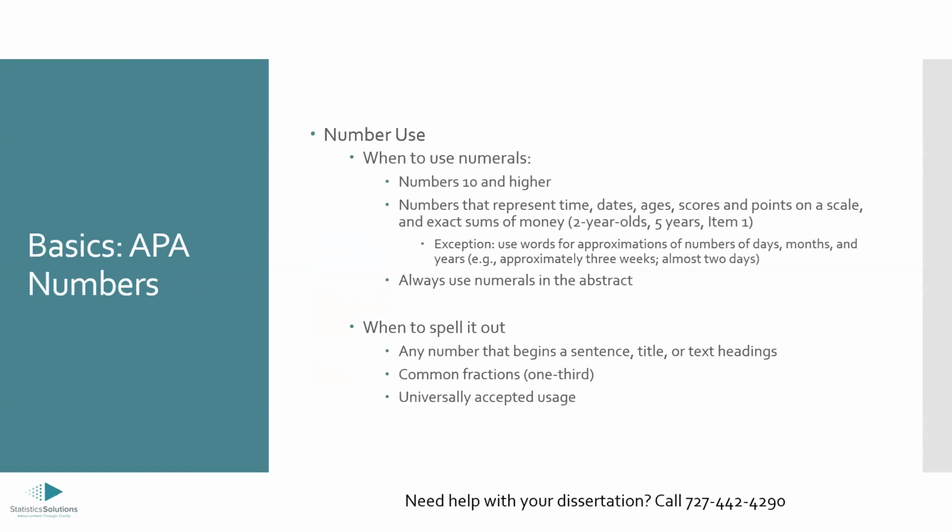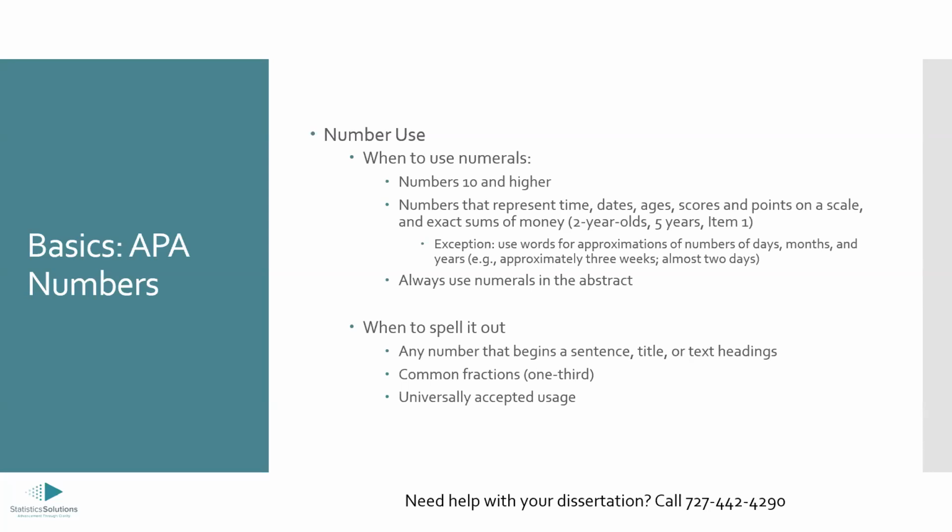So last important aspect of grammar and style is the usage of numbers in APA format. According to the APA rules, you can use numerals when the number is over 10, or if it represents a time, date, or score. By numerals, I mean the actual numbers, like 10, 15, 20, 25, 35, so on and so forth. So anything over 10, or if it's denoting time, date, or score, you're going to use the numerals.